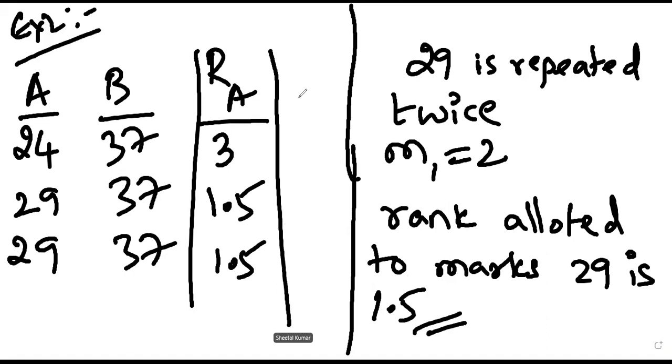For the next one, can anyone tell there is a tie between 37, 37. Now there is a tie between the ranks. In the previous case there was a tie between the first and second. Now there is a tie between